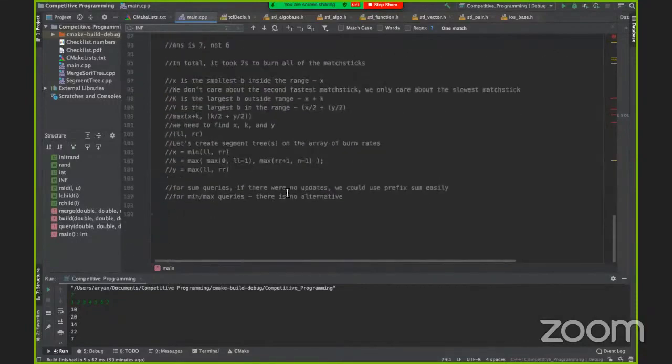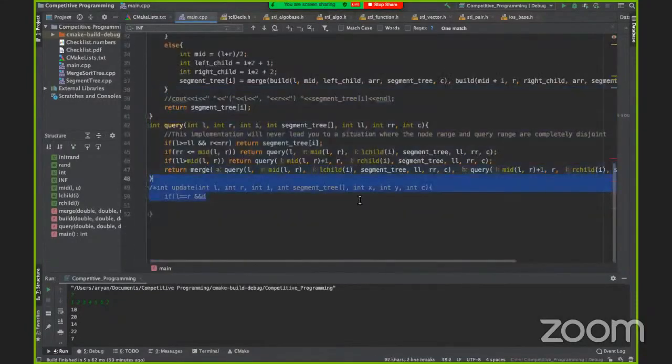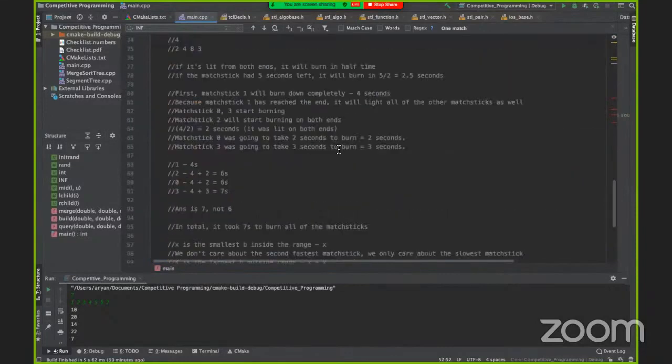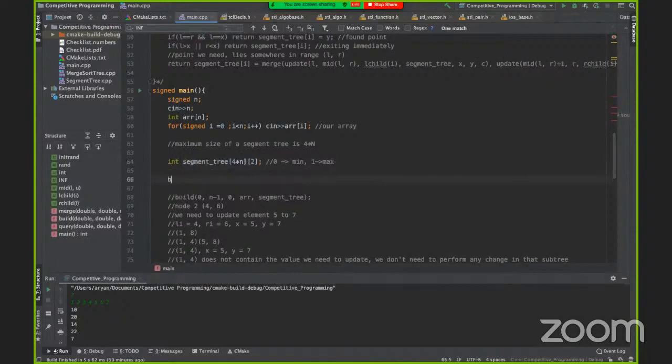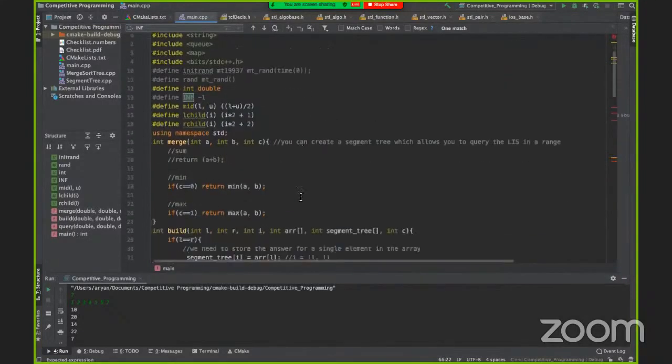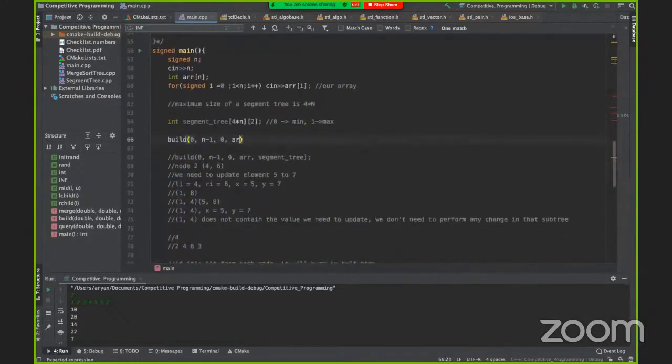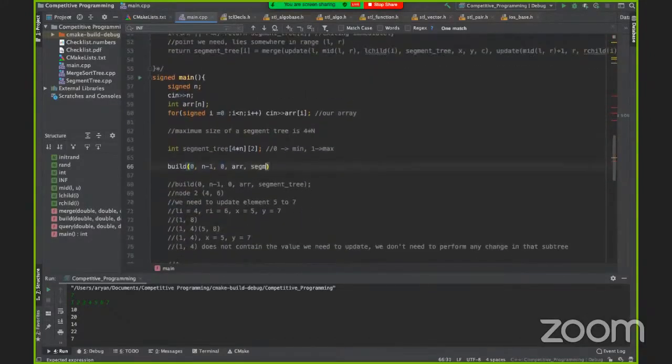So let's work on the segment tree, okay? I'm deleting everything. Actually, I won't delete so you guys can see this later, but I'm going to start coding, okay? So let's first build it, okay? So build 0 n minus 1 0. Then we need to give the array, okay? So we give it the array. Then we need to give it the segment tree. So let's do min first, okay? We give it segment tree 0. And let me just swap these. Okay. We've given it the segment tree. And finally, we need to tell which one it is. So it's 0. Okay. It's a min segment tree.